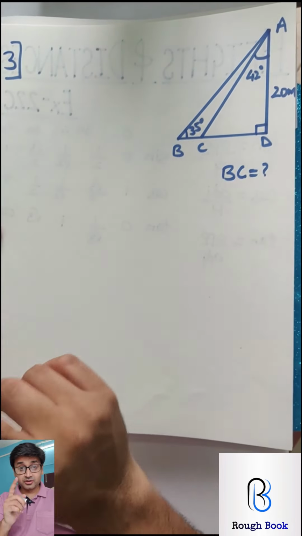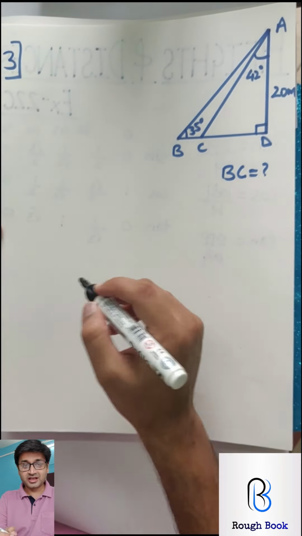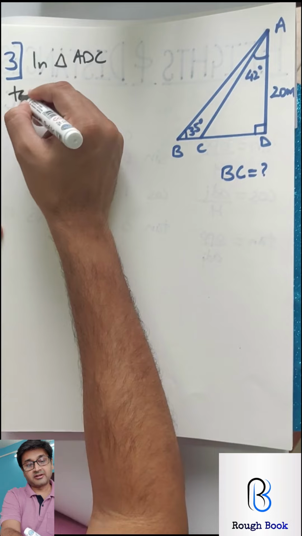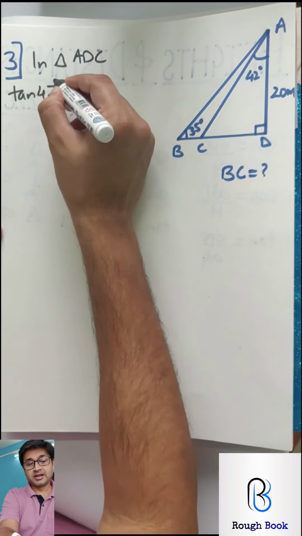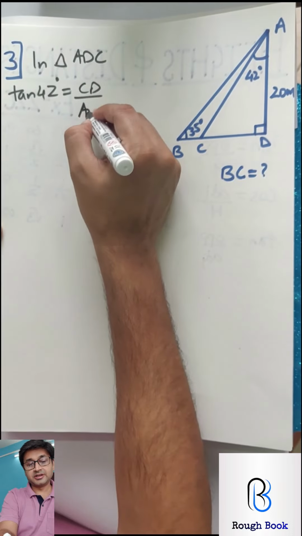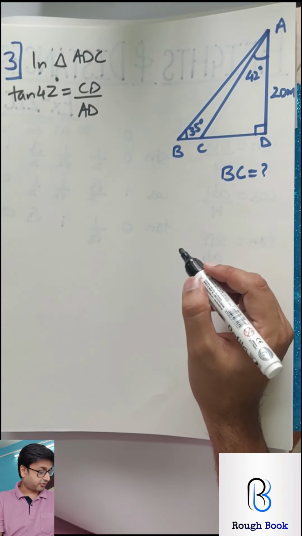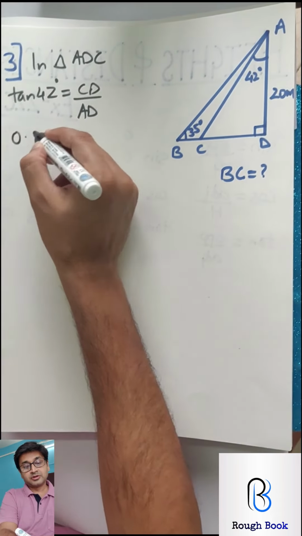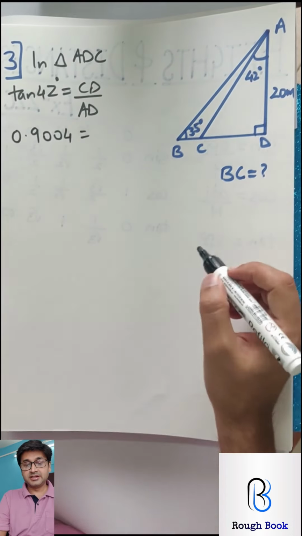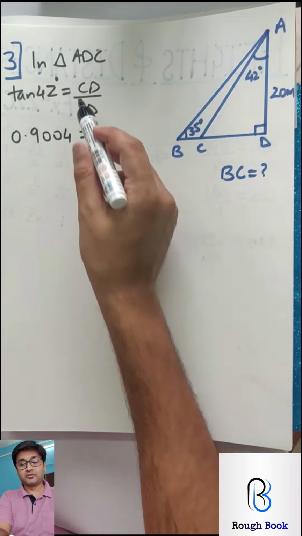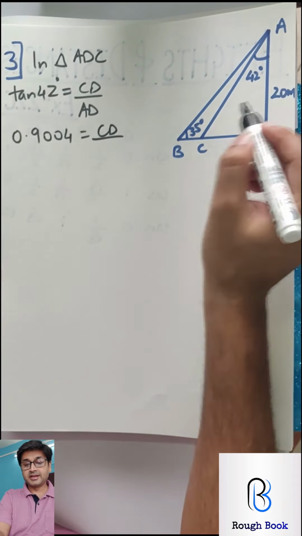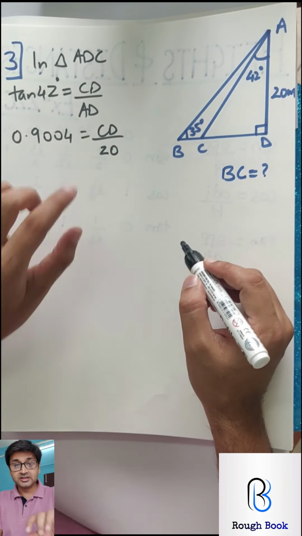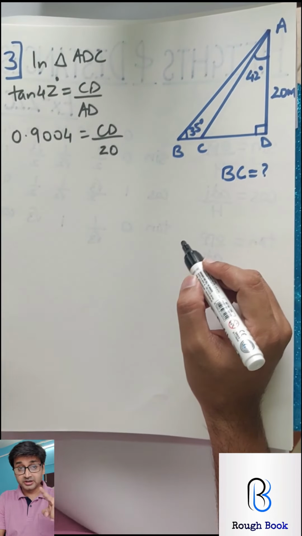So first, pause the video, try on your own and come back once you're done so that we can celebrate together. So number 1, in triangle ADC, we will say tan 42 is opposite, that is CD, upon adjacent AD. So you'll have to check the value of tan 42. Go to your table and get the value for 42, 0.9004. CD is unknown to me and AD is 20. So we are lucky, you are able to multiply. Had you to divide this, it would have been tough. Maybe with 35 you have to be a little careful.